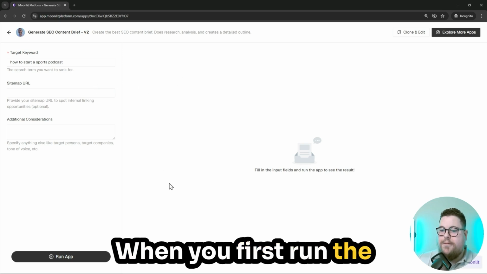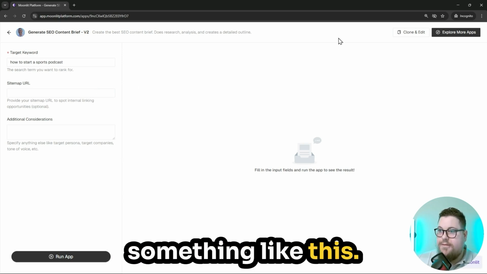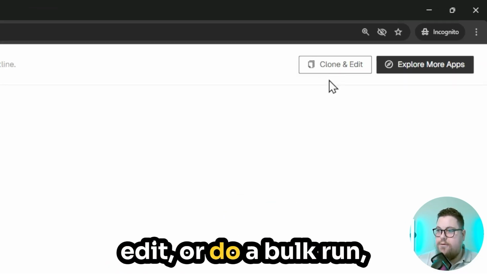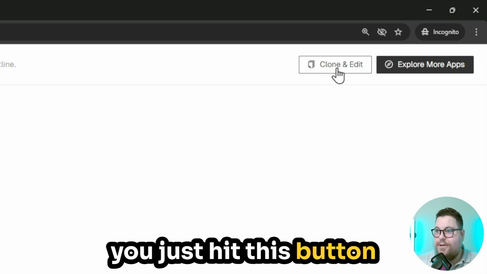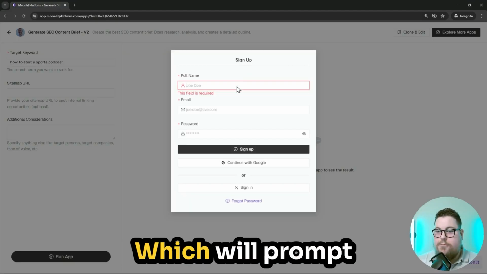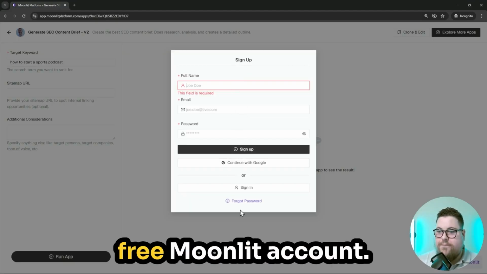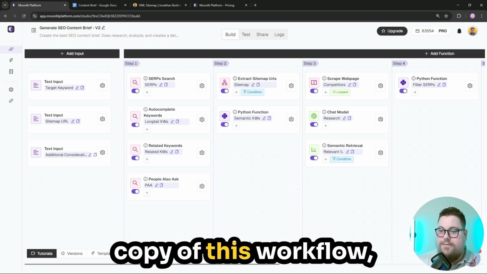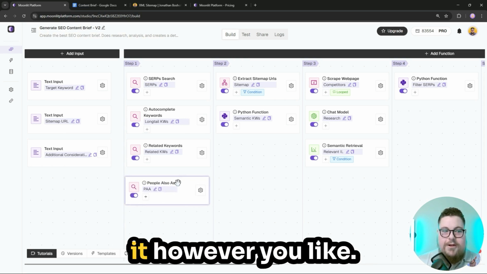When you first run the app, it's going to look something like this. This is the shared view. So if you want to clone, edit, or do a bulk run, you just hit this button here, clone and edit, which will prompt you to sign up for a free Moonlit account. Once you do that, you'll get your own copy of this workflow,